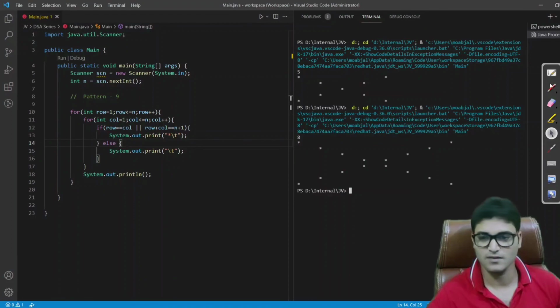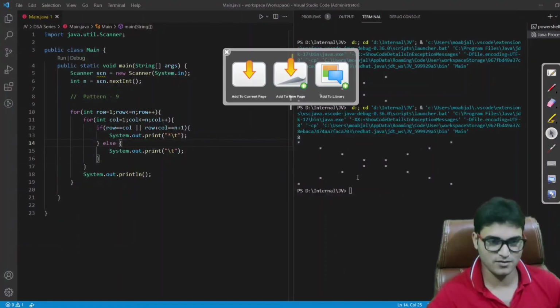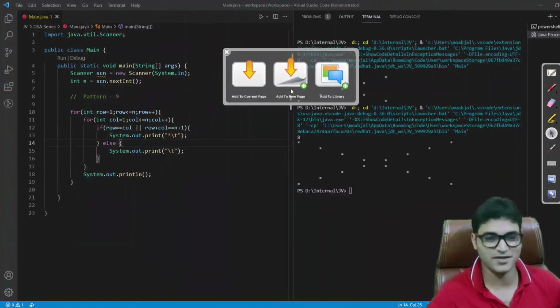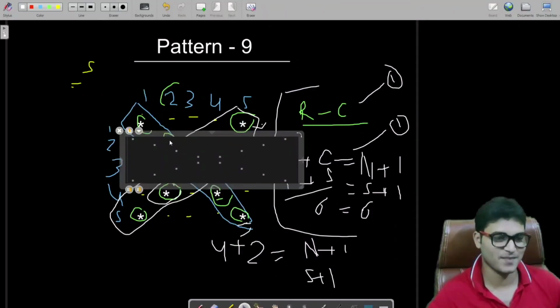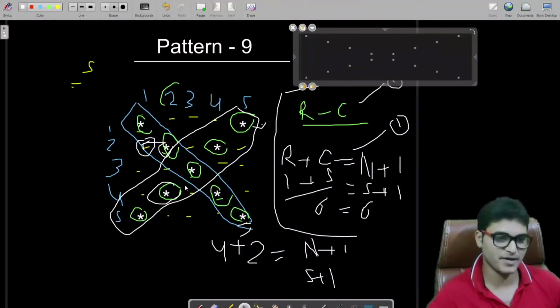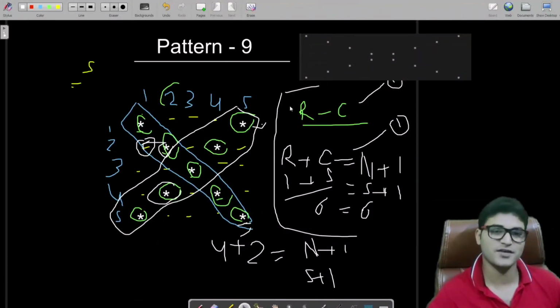Let's take this to the board, so that you can be sure, otherwise you would be commenting, hey, your program is not working. This is the output for us, and this is the pattern which we have to draw. You can verify, see line by line and column by column also. Don't comment that your program was not working.